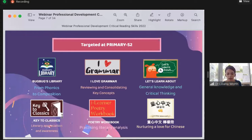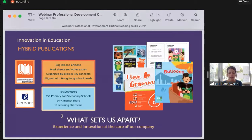And then we've got a couple of other things. For example, the Poetry Workbook, which really helps students who are a little bit older to hone their literary appreciation skills. And then Zhongxing Zhongwen, which is all about trying to nurture a love for Chinese. So before I move on, I just want to show how these are linked with the iLearner